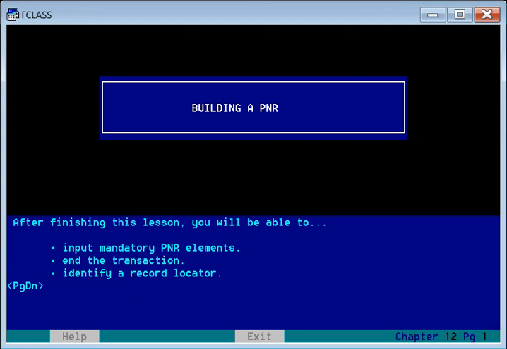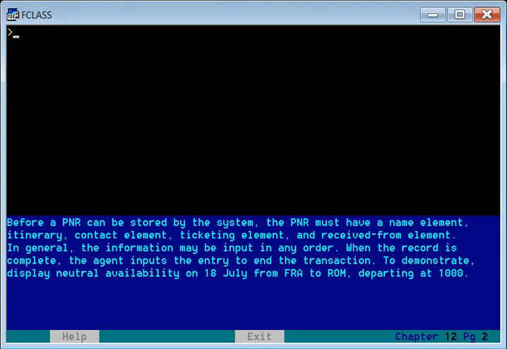and complete the booking. So this is the chapter in which you will use all the segments required for a booking that you have already learned. Now let us create a full set. Before creating a PNR, as you have already learned how to retrieve an existing PNR by using the retrieve command, that is RT. So here we are going to start from the neutral availability command, because to demonstrate we need it